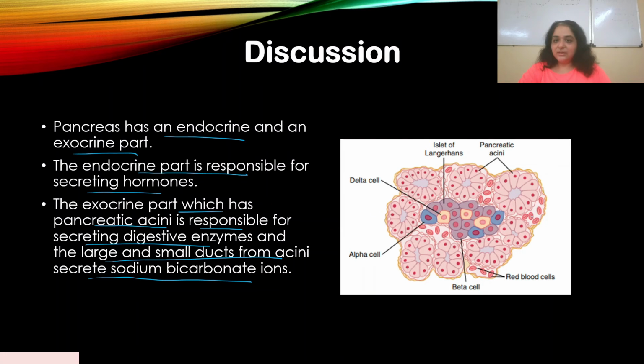So this is the structure of the pancreas. Okay, so you have the islets of Langerhans over here. This is the endocrine part. And you have the pancreatic acini over here. So this is the exocrine part. Okay, so clear? This has also appeared multiple times, so please remember, this seems to be an important piece of information. To understand, it is important that you understand the structure of pancreas well, and what are the functions of the different cells that are present inside the pancreas. Okay, so let's move on to the next question.